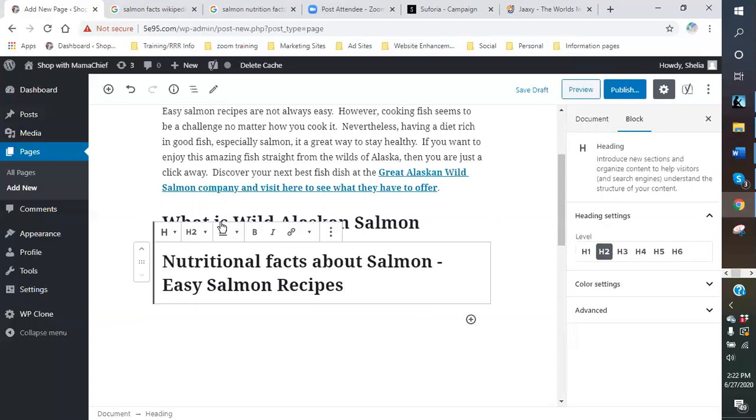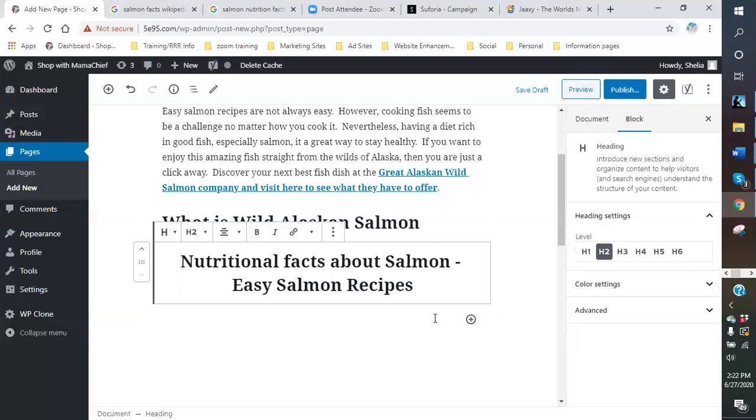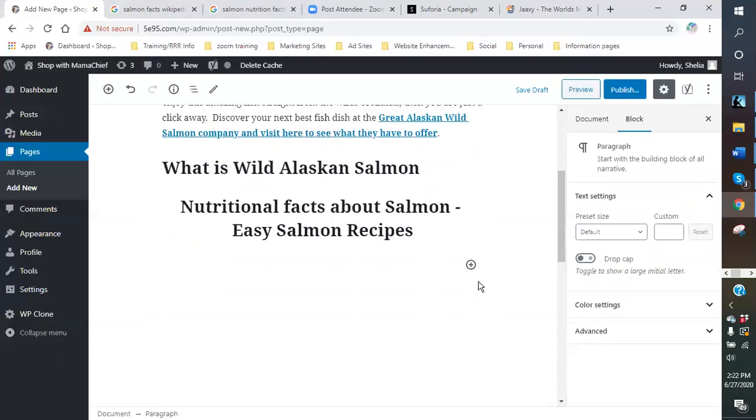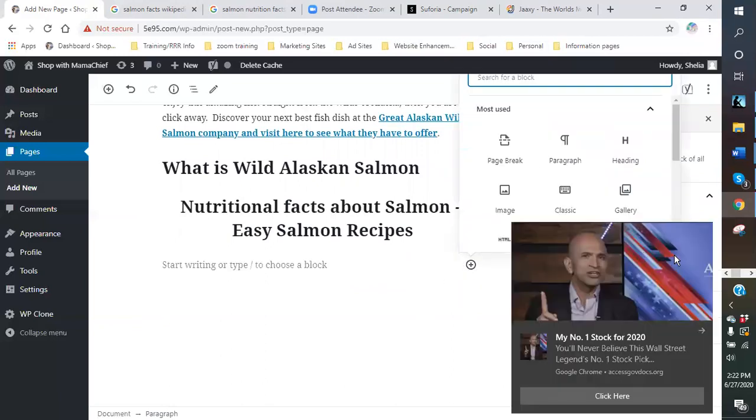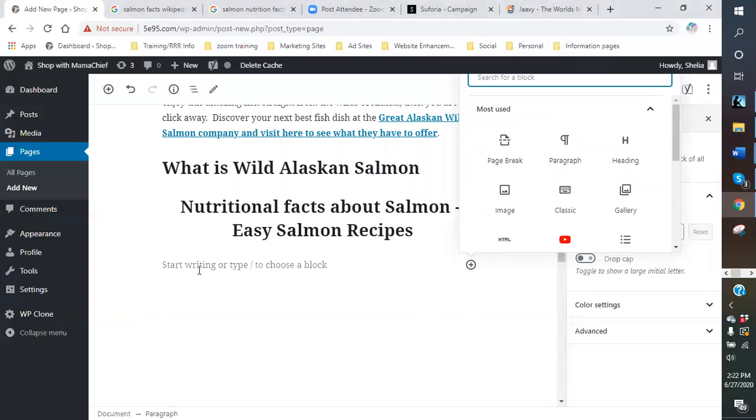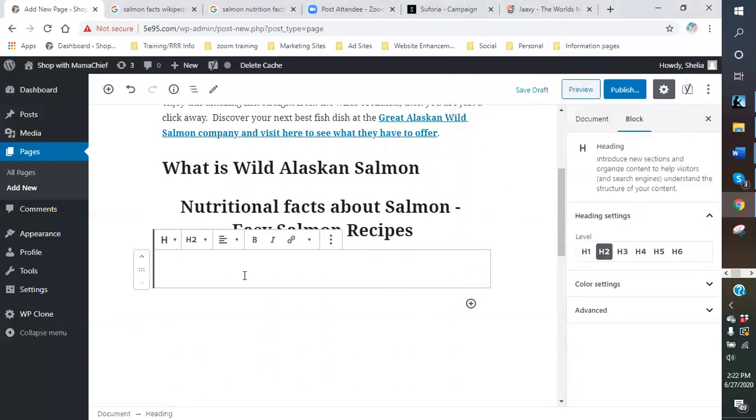And since this one's going to be kind of long, I want to make sure I center it so it doesn't take up my whole space. And then I'm going to do another one right here. We're going to do another heading. That one there is going to be talking about that. And so here we're going to do